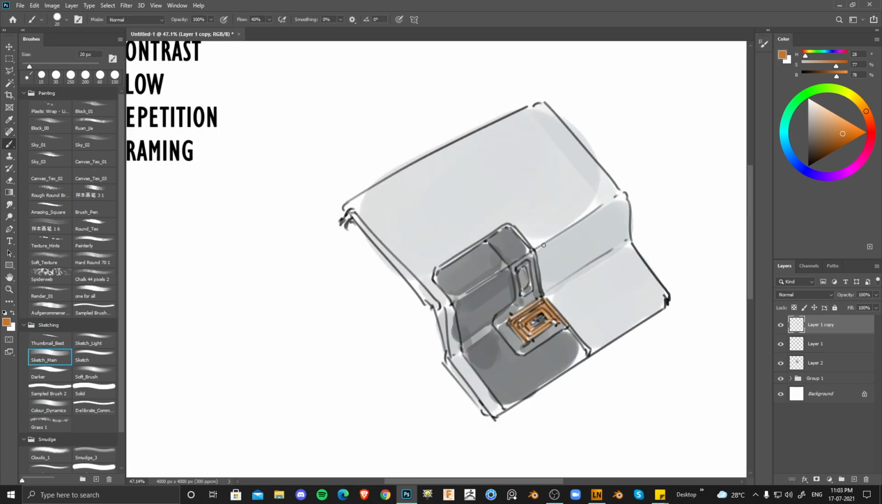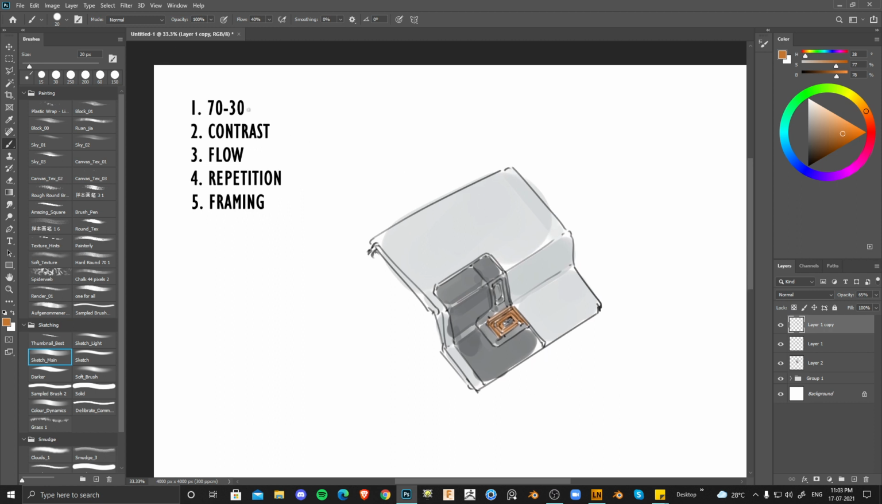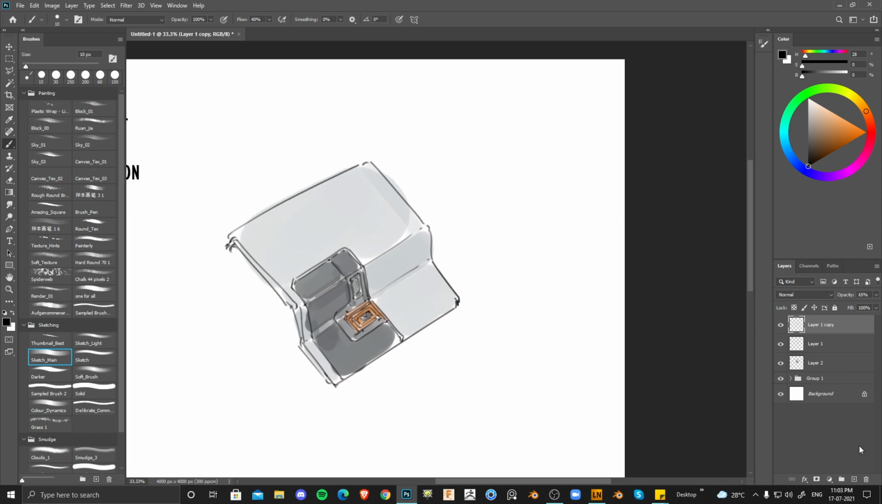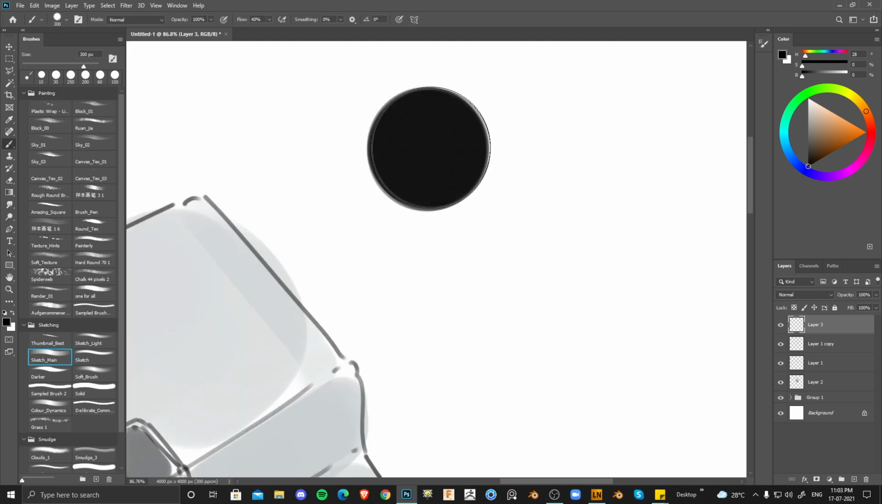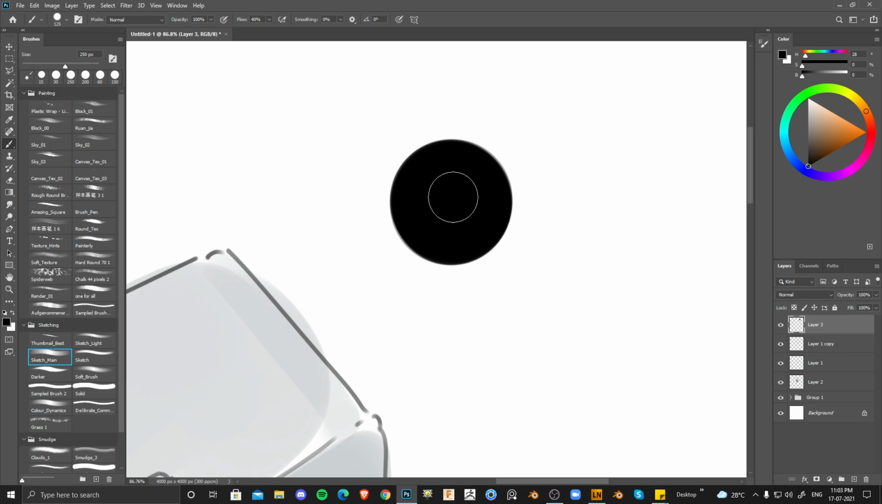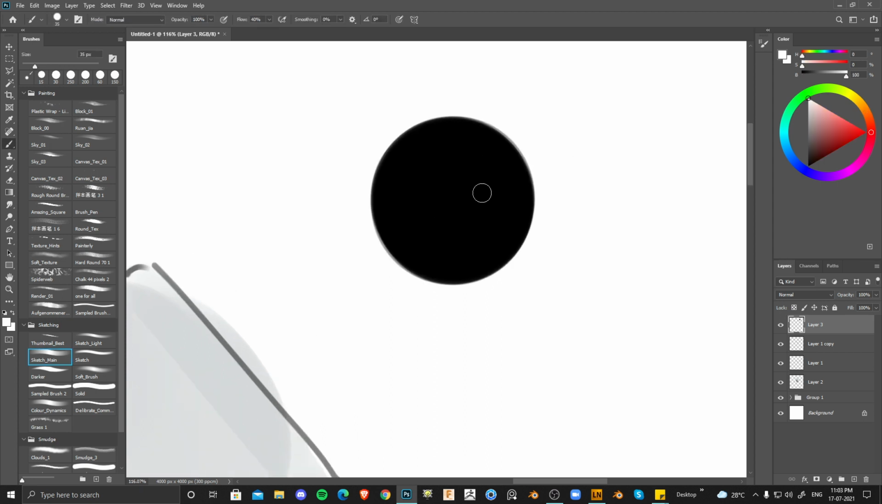So this is another thing which I wanted to explain. First we got the 70-30, and then we got the contrast, which is light versus dark or dark versus light. One way to show contrast is this. Let's say you have a really dark scene, right? And to create a contrast, you can just add something really light,